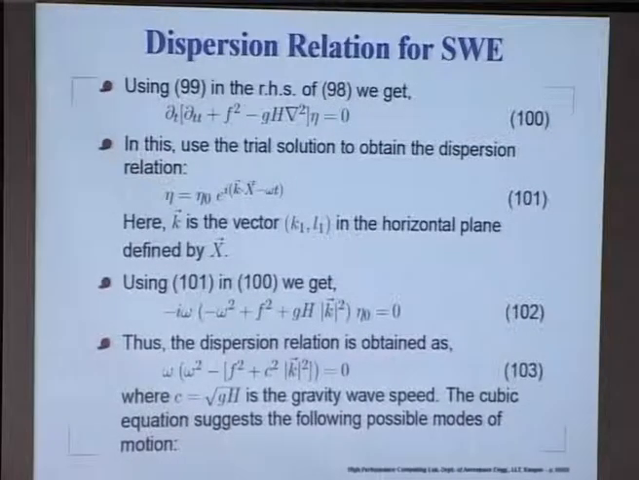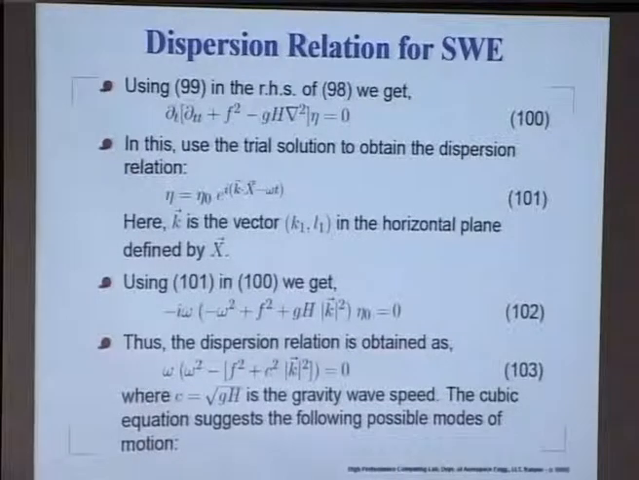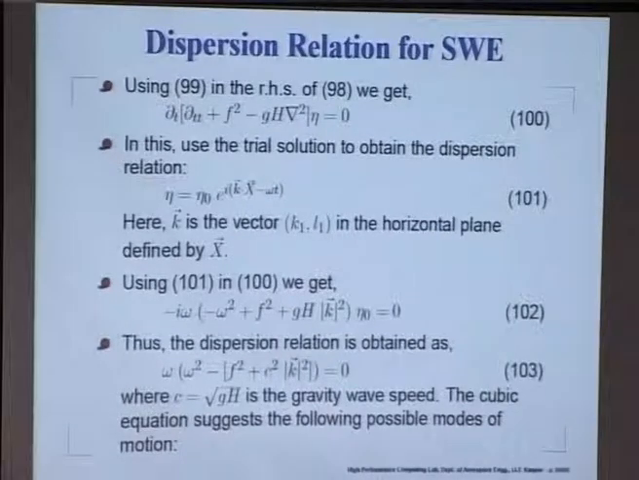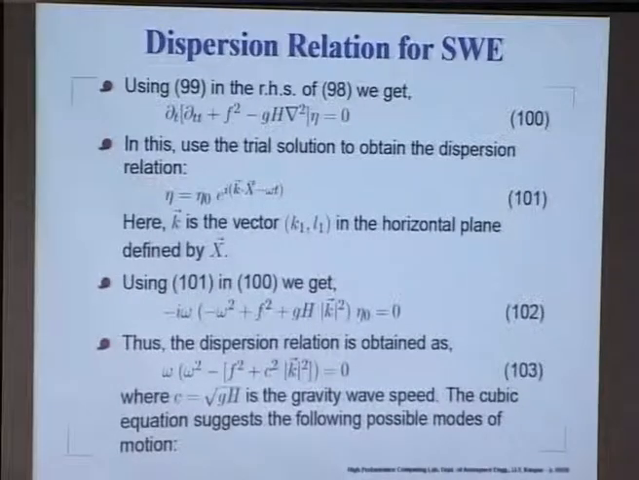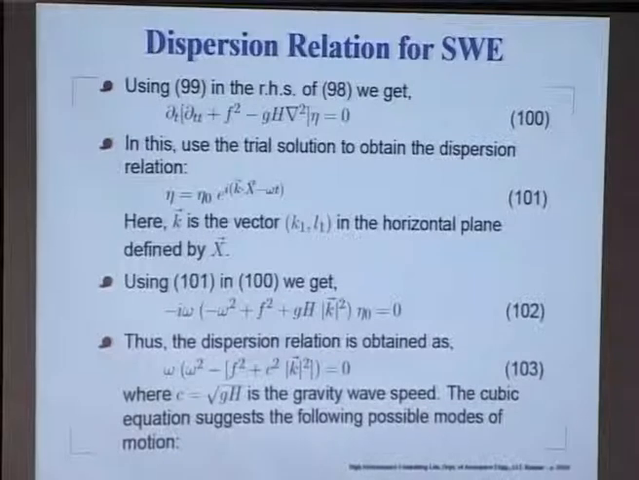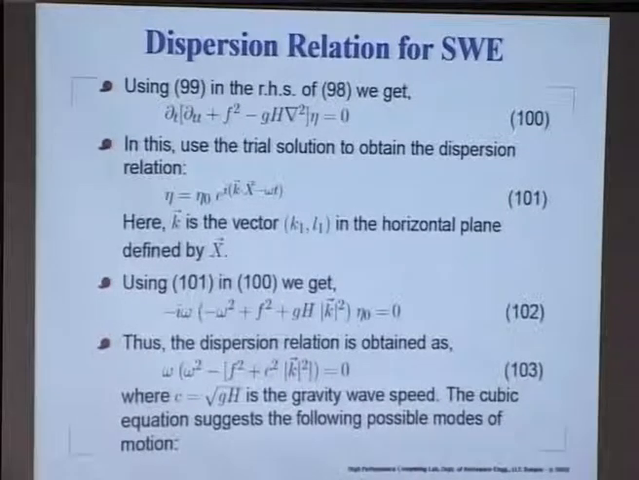We plug in a trial solution. Since we are looking for a wave-like feature, we will write it as k vector taken in a dot product with the x vector. x is the horizontal plane, right, the xy plane that we are talking about. So, k itself will have components k1 and l1 in the horizontal plane. Then